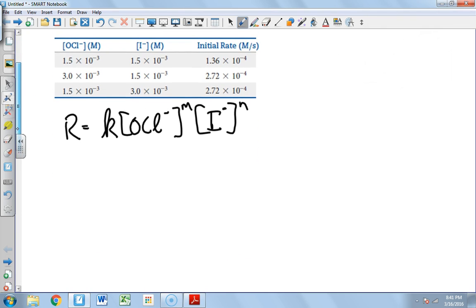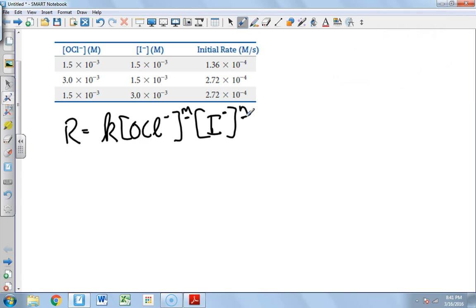In order to find the m and the n, we have to determine the order by comparing rates. Just to make this a little easier, I'm going to label this experiment 1, experiment 2, and experiment 3. That just allows me and you to get on the same page. I'm going to go through this super slow so that you know what is going on. In order to solve this problem, we need to use something that we call the method of initial